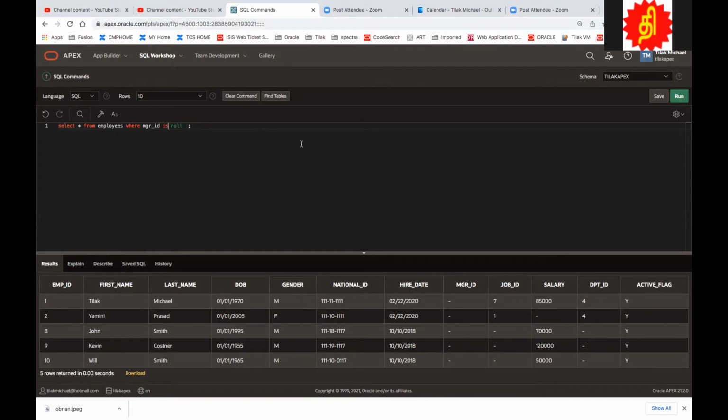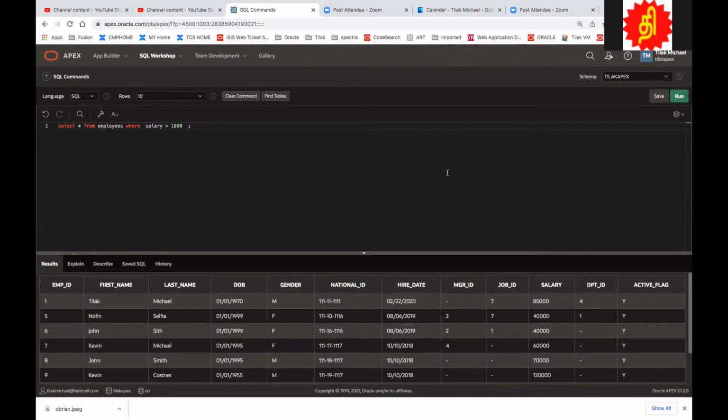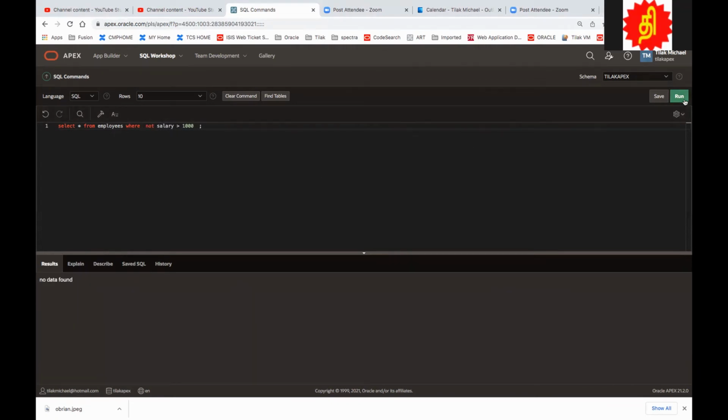Okay. Now I can say salary is greater than, say, 1,000. I'm not going into all the greater than stuff, that is very simple. I don't have to worry much about greater than or equal to, less than or equal to. You can also say NOT here, and it works. It is the opposite of this one. Salary is not greater than, say, 10,000.